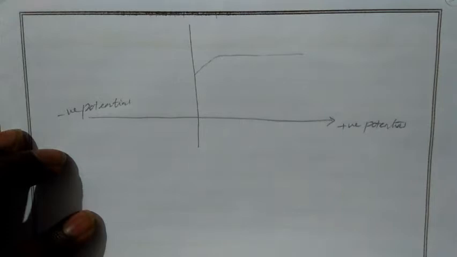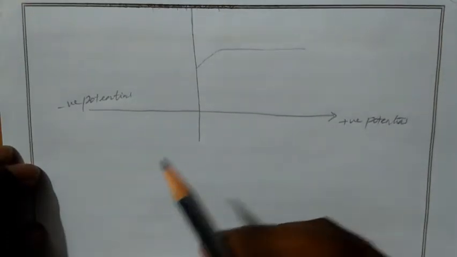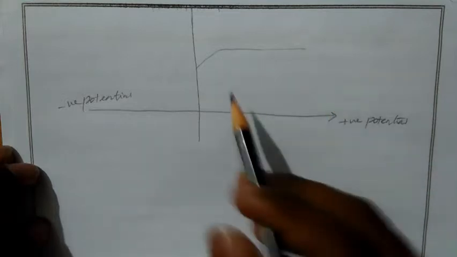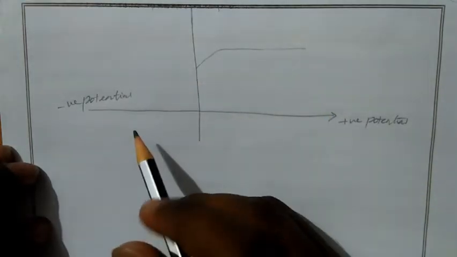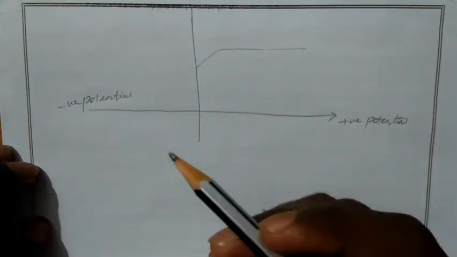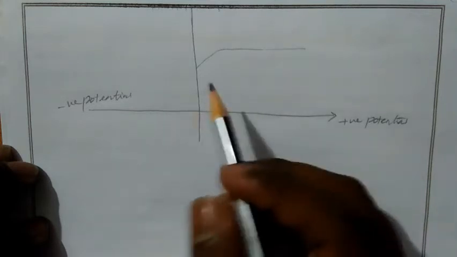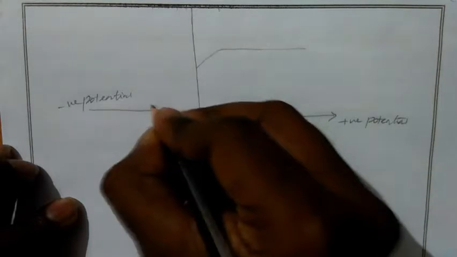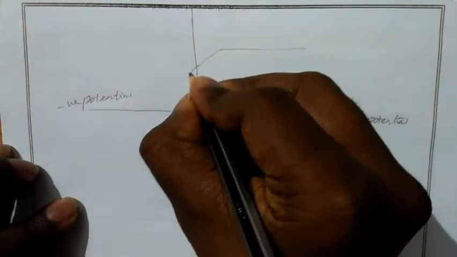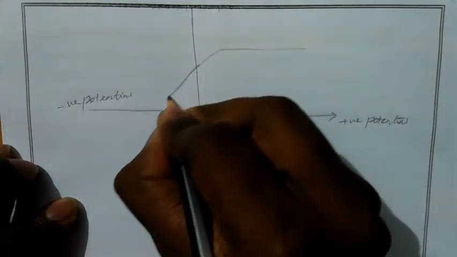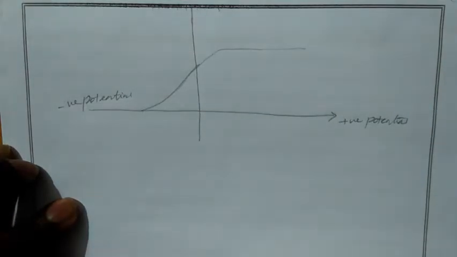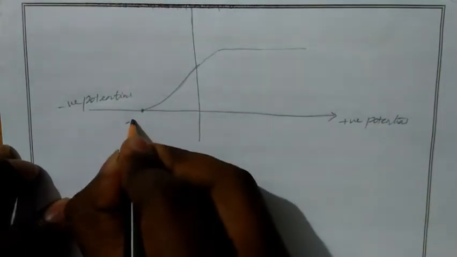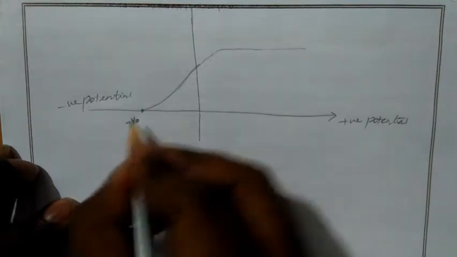But when we change the potential, now anode will act as a negative potential. So when we increase the negative potential, what will happen? All the electrons will be repelled. So current value reduces and further it reaches 0, okay. So after that, current value will reach 0 value. So this value is known as stopping potential, V naught, okay.